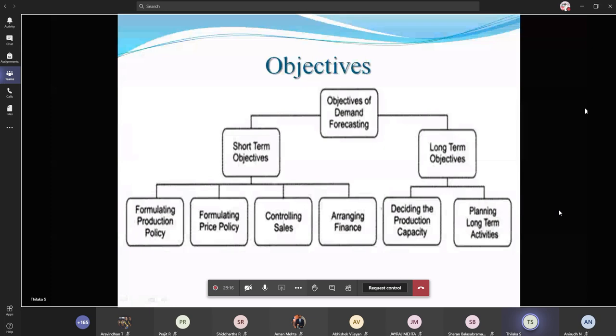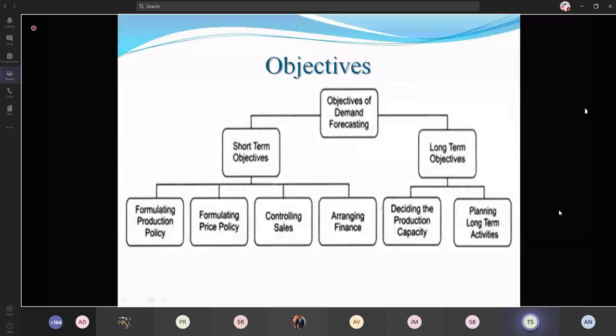Forecasting for the production policy helps in estimating the requirement of raw materials, starting from the initial purchasing of raw materials, and the regular supply of raw materials can also be maintained. It further helps in the maximization of other resources used as inputs besides raw materials, including human resources. All these requirements can be handled by the production policy. Then only can we know exactly what the output will be, matched with the demand. And the next one is the price policy.